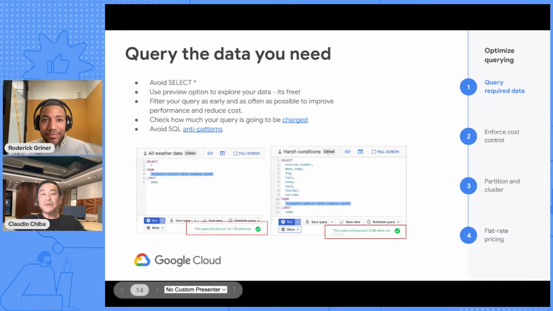I will just stop sharing for a moment and we'll share a console. Just a second. I will share another window